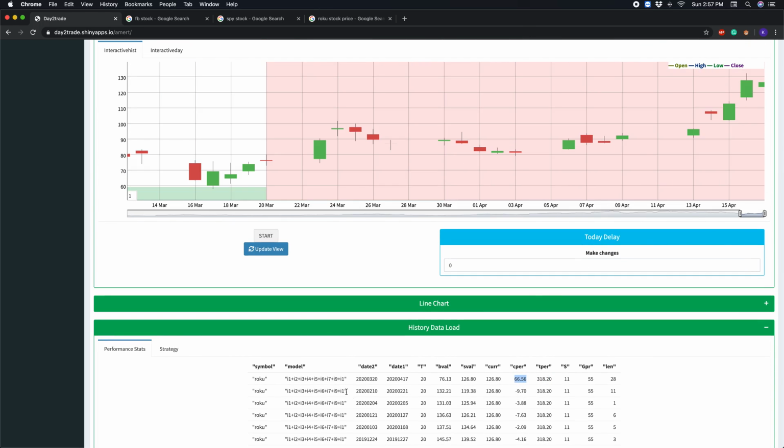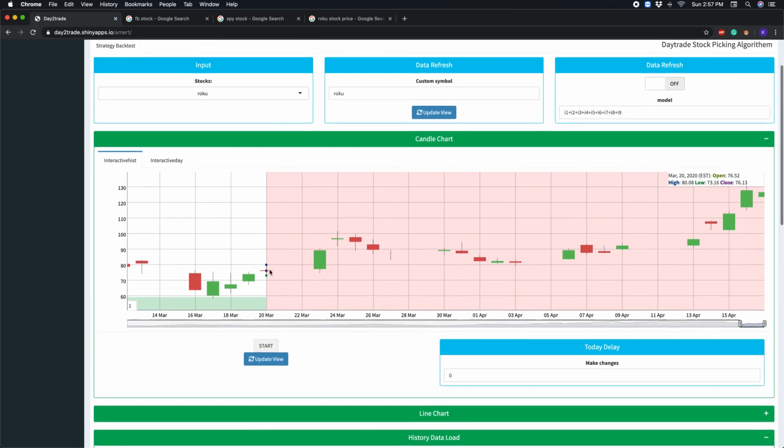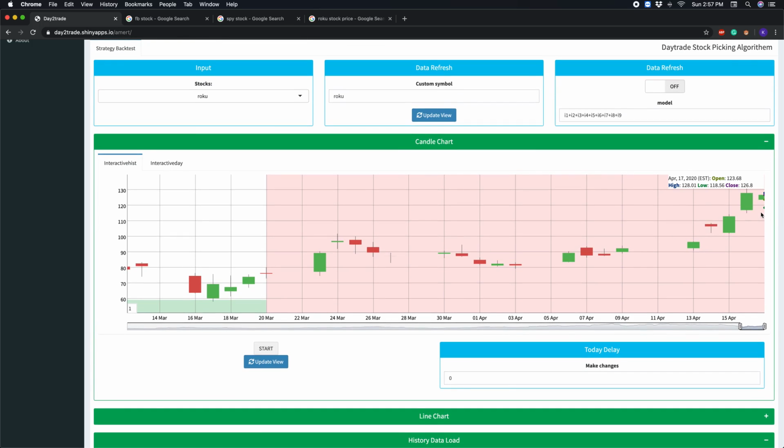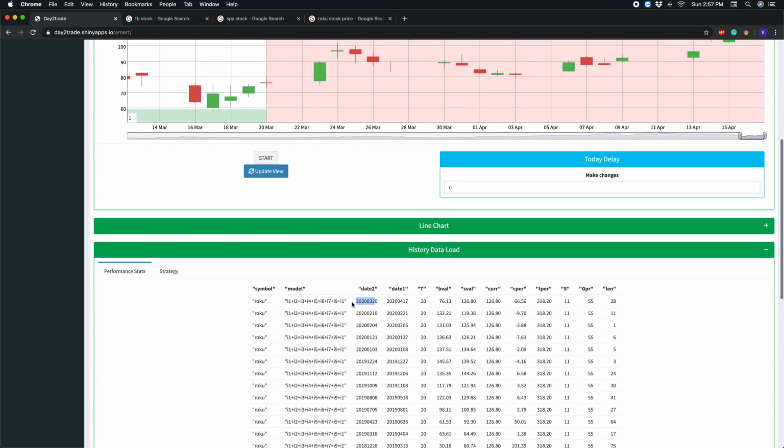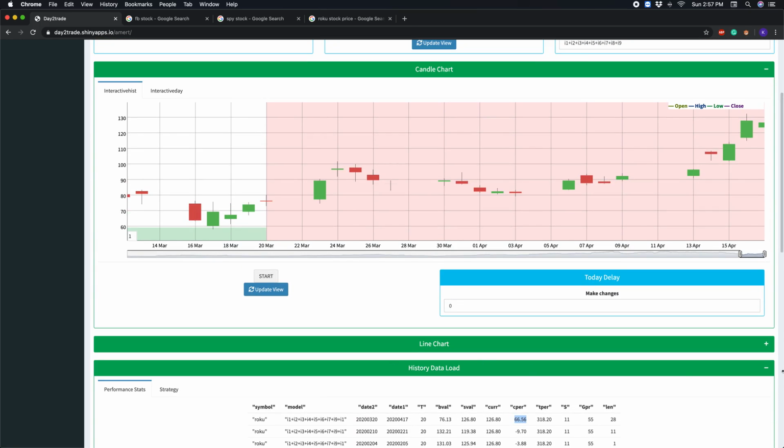From where did the last trade start? 320. From 320, which is like today the value is 126 and the time it is 76. So if you see, last month itself we made 66% profit, which is huge in terms of margin. So this is how the model works, and if you believe it, it will be really good.